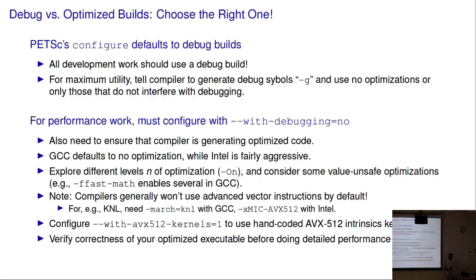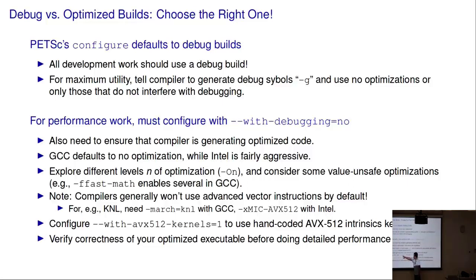The other thing I want to point out, and this also trips up a lot of people, is that new compilers generally won't use things like advanced vector instructions by default. They default to older instruction sets that are going to be found on all the processors, not the things on your cutting edge one. So if you're using a Knights Landing processor in GCC, you can specify march equals KNL,